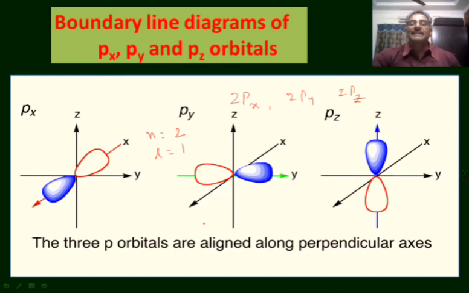When the atom is kept in an electric field or magnetic field, due to the interaction of these magnetic moments with the magnetic field or electric field, the energies are slightly deviated. That means the degenerate orbitals lose their degeneracy. Due to the revolution and spin of the electron, a magnetic moment is developed. This magnetic moment interacts with the external magnetic field or electric field. As a result, the energies of these orbitals will be slightly disturbed. Because of that, they lose their degeneracy.